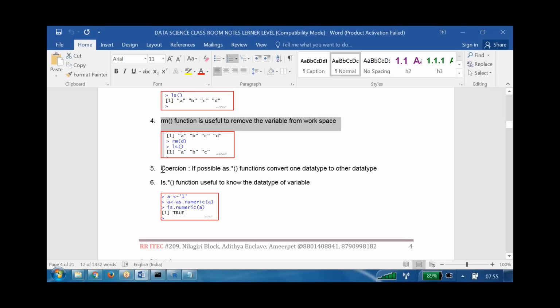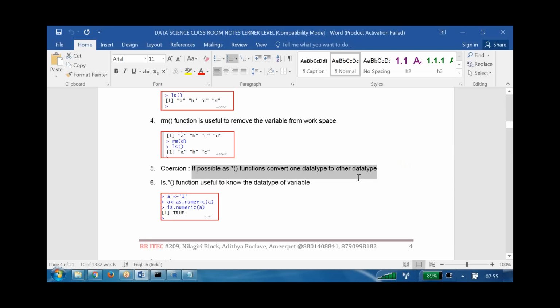Now the next one is the "as" question. It is nothing but the as dot star function, to convert one data type to another data type. Automatically it converts from one data type to another data type.